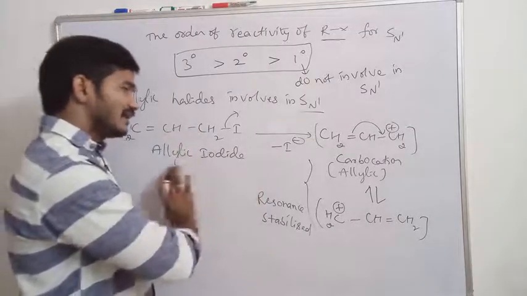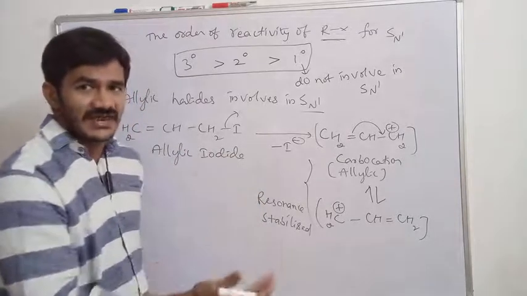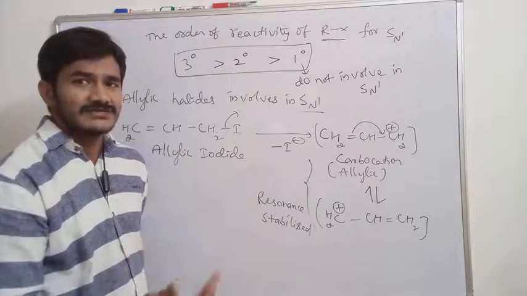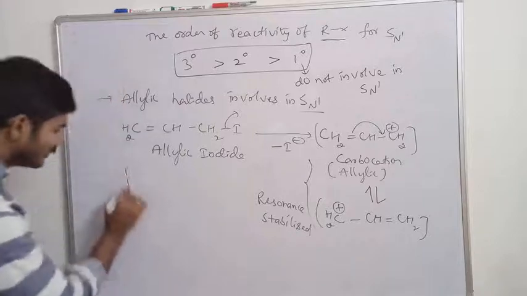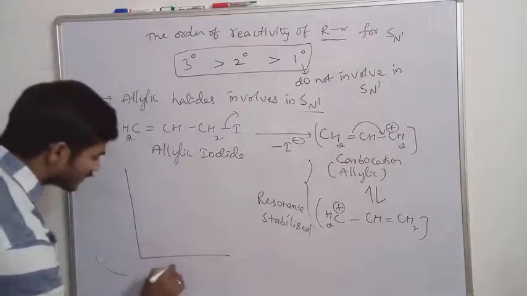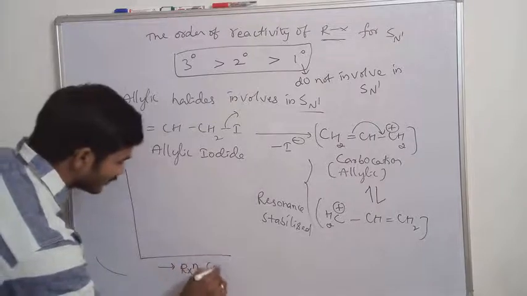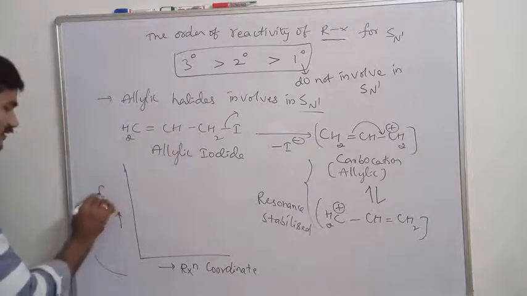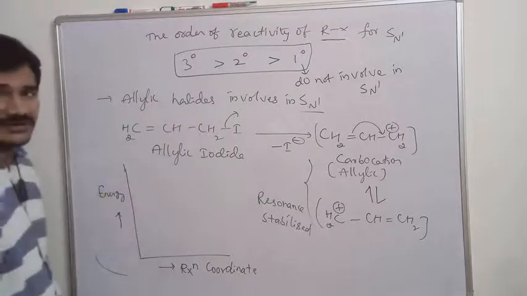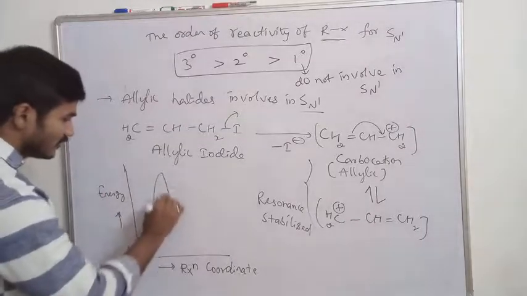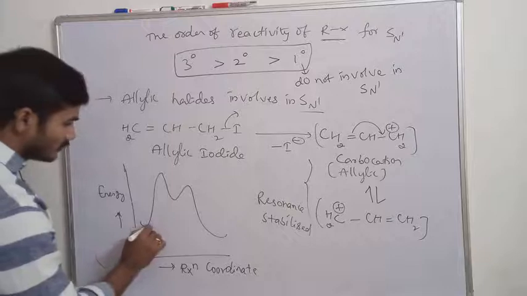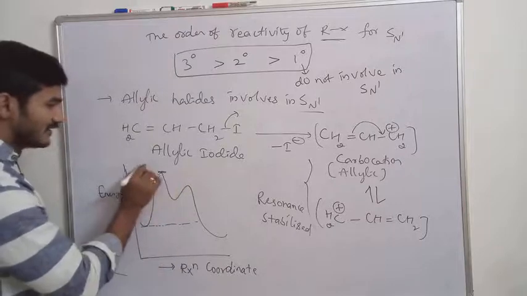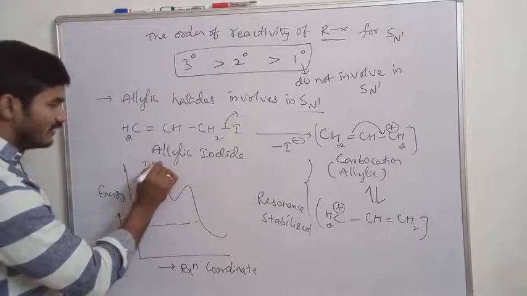And everything, alkyl halides, allylic halides, tertiary, secondary, all of this involves a multi-step process. First step is formation of carbocation, second step is nucleophilic attack. If you observe the energy and reaction diagram, this is the reaction coordinate, and this is energy. If you observe the graph between energy and reaction coordinate, it forms two peaks. This indicates that this is the first transition state, TS1, transition state of 1.